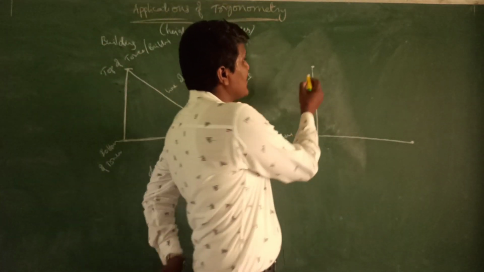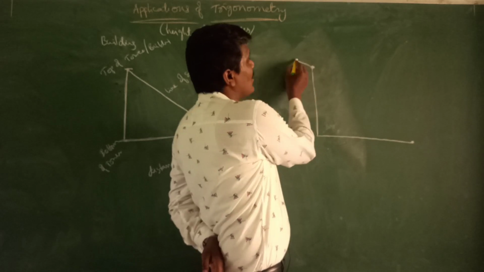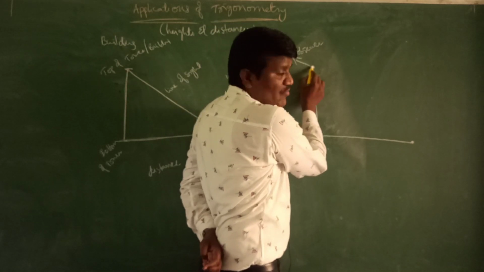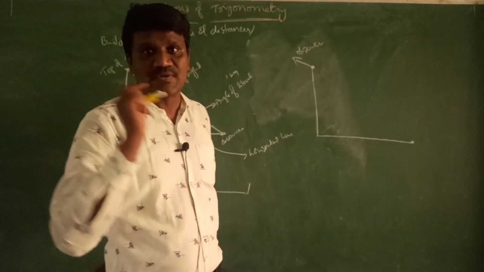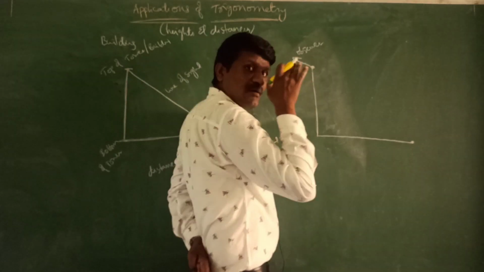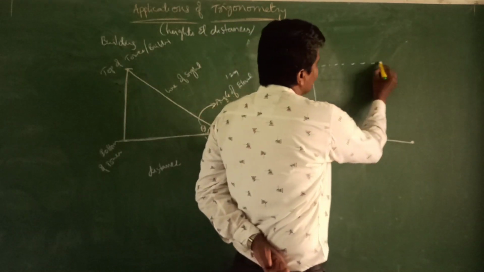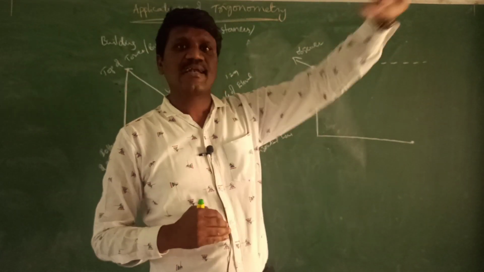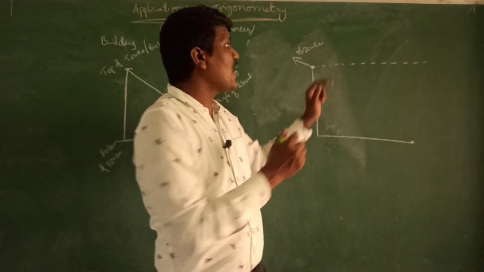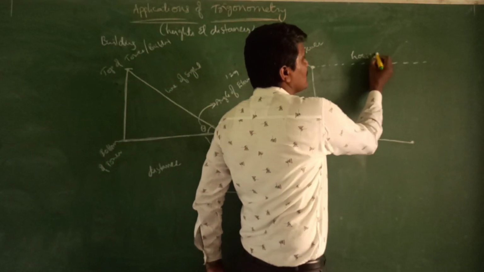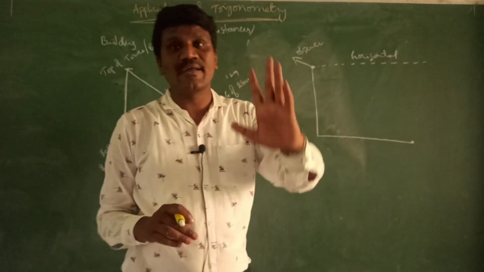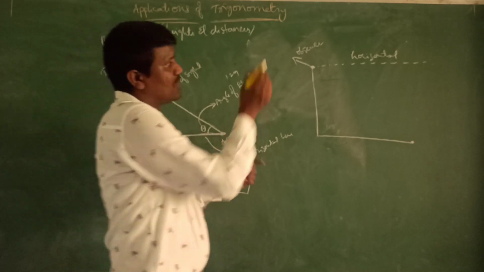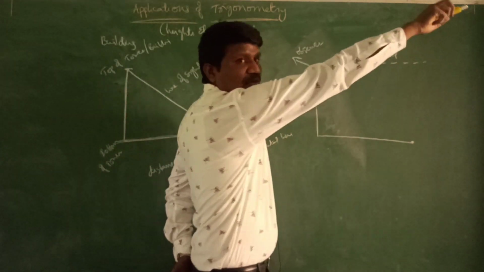elevation. Suppose in this case the observer is sitting here. From here the observer is watching the point of observation. So the observer is sitting here, which means the horizontal line will be this one. This is the horizontal line, because wherever the observer's eye is, the straight line from the observer is called the horizontal line. So we always need to draw the horizontal line wherever the observer is sitting. If the observer is here, we should draw the horizontal line here.